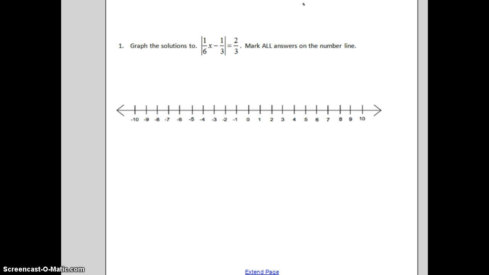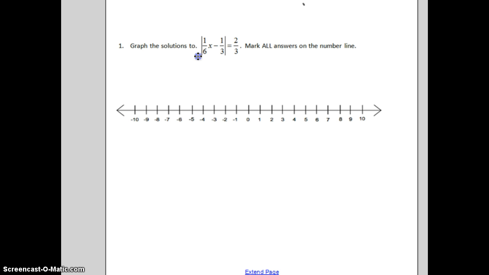So when solving an absolute value equation, first you want to make sure that your absolute value sign is isolated all by itself. So if you look over here at the left side, you have 1/6x minus 1/3 inside the absolute value sign, nothing else on the left side, okay? So it's isolated, meaning there isn't anything multiplying the absolute value sign, or we're not adding or subtracting anything outside. So it's already isolated, and now we're going to move on to our second step,